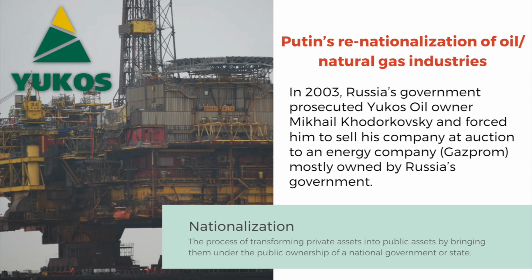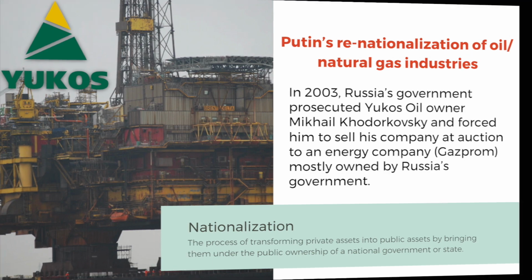After Vladimir Putin was elected president in 2000, though, he started to undo a lot of this privatization and kind of threw things into reverse. He began to renationalize the oil and gas industries, and sometimes the Russian government did so in some pretty blatantly corrupt ways. In 2003, for example, Russia's government wrongly prosecuted Yukos oil owner Mikhail Khodorkovsky and forced him to sell his company at auction to an energy company, Gazprom, which I mentioned a moment ago is mostly owned by the